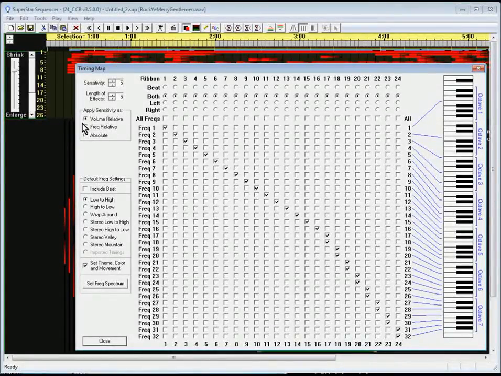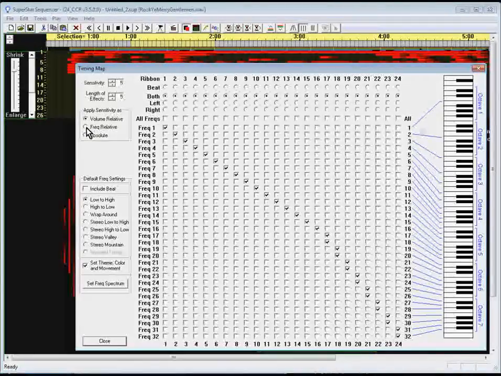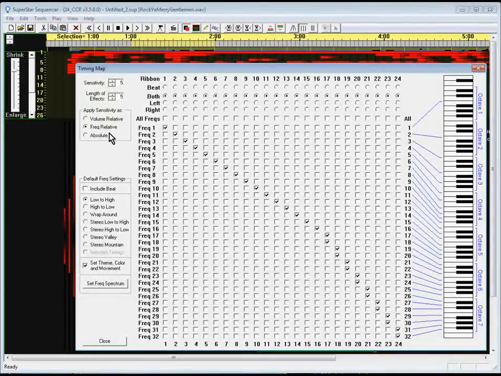is volume relative. And volume relative means that for all 32 frequencies, it's going to look at the overall volume and figure out when to trigger an effect based on the overall volume. And if we select frequency relative, then it's going to analyze each frequency individually and determine a trigger level based on that frequency. And if that doesn't make any sense to you, just think of it this way. If you choose Freq Relative, then it's going to help even out all the frequencies so that you see effects